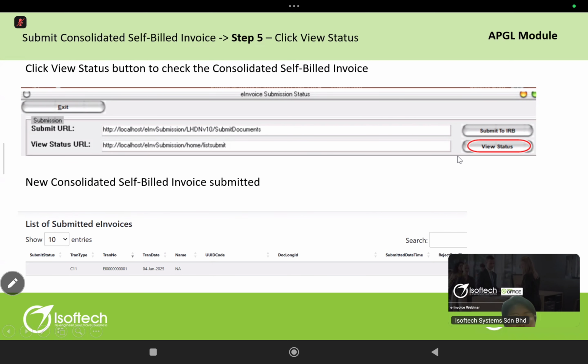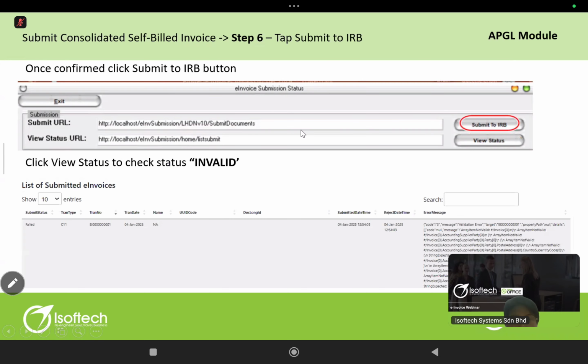So you click view status. Then here it is empty. Empty means not yet submitted, we have not sent to IRB yet. Then you have to click submit to IRB. Okay. So when you see this status is invalid or fail, it means